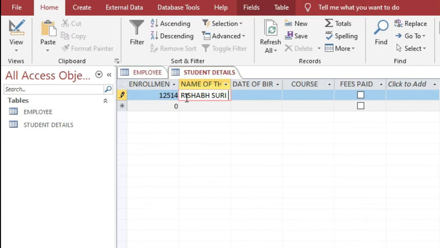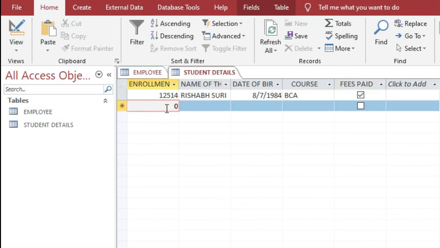Okay, and then on the next tab it will be the date of birth, so it will be 7/19/84, and then press tab on the course and write BCA. And here you have to select if the fee is already paid for Rishabh Suri, then select it; if not, then leave it unchecked. Okay, and then again coming to the next row, here it is